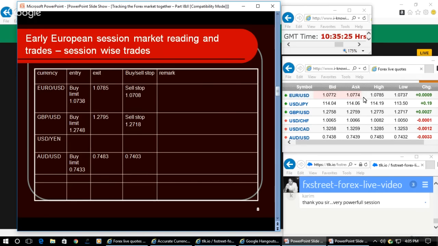They will not show this variable spread in the demo trading account, but in a live trading account, they will make a variable spread. They may say that they are offering 0.8 pips, 0.5 pips spread, but during the data release time, the spread will be 25 pips between the bid and the ask. Even though the market has not gone there, your position will simply be held and the margin call will be given. So understand the trick of the trading platform providers.